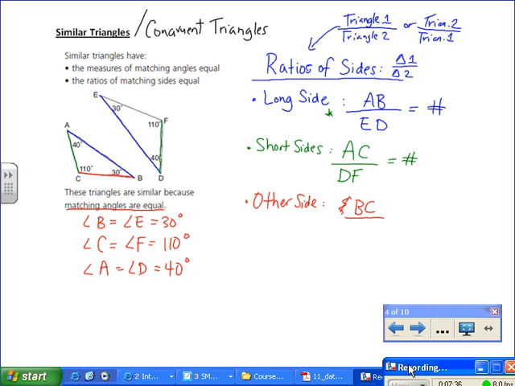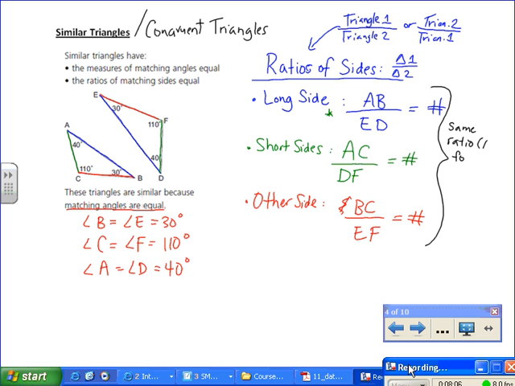On triangle 2, that's going to be this one right here from E to F. Again, I put in the lengths, whatever they are, divide the top by the bottom, and I get a number. If these triangles are similar, this number will be the same. So the ratio that I get for all 3 side lengths must be the same. We should get the same ratio,